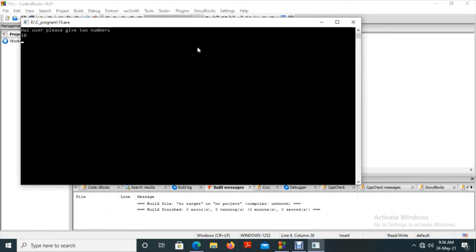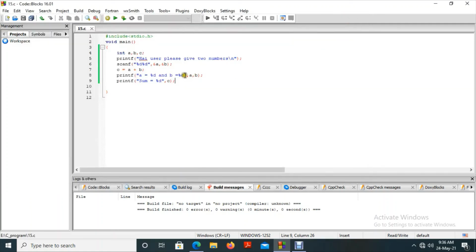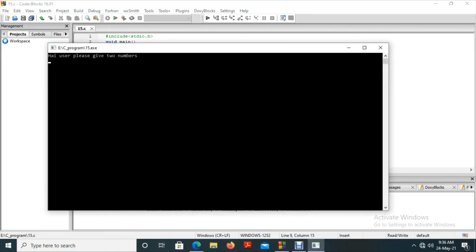Okay, 10, 20. Yeah, sum equal to 30, but it comes on the same line. So what will we do? We will put a slash n in the previous step. Either you can put the slash n here or here, it's up to you. Okay, 10, 20. Okay, this is 30. Again, I am running.